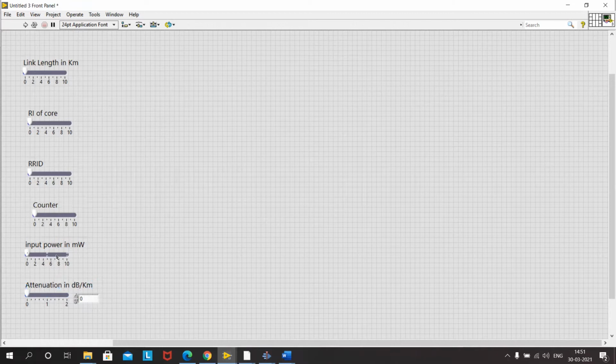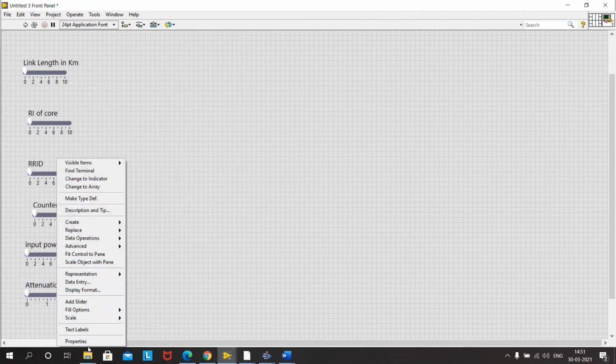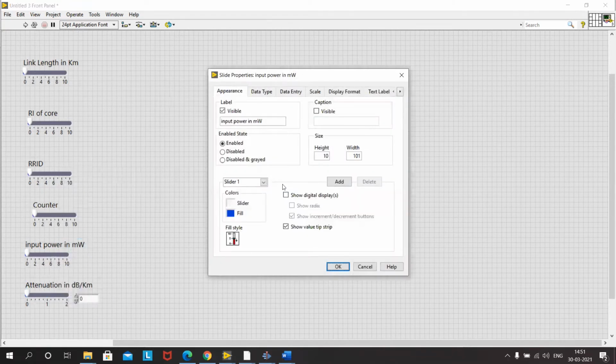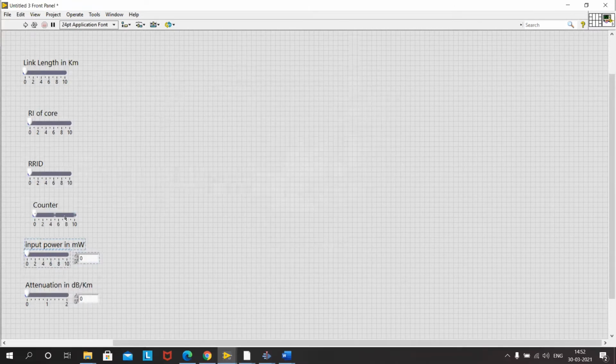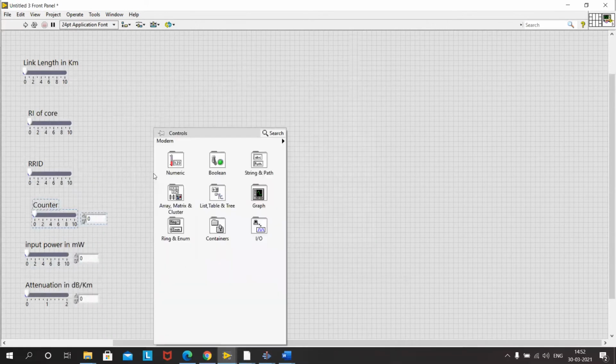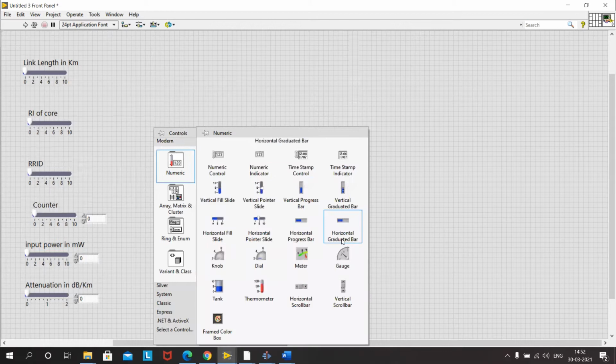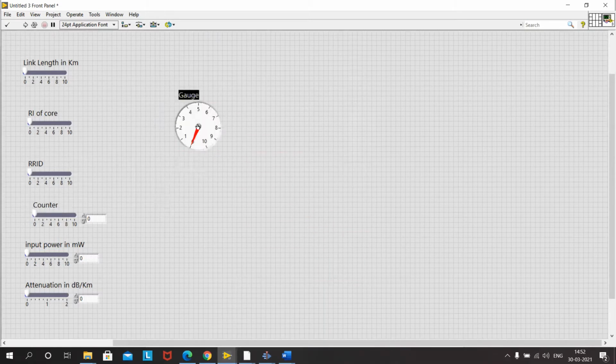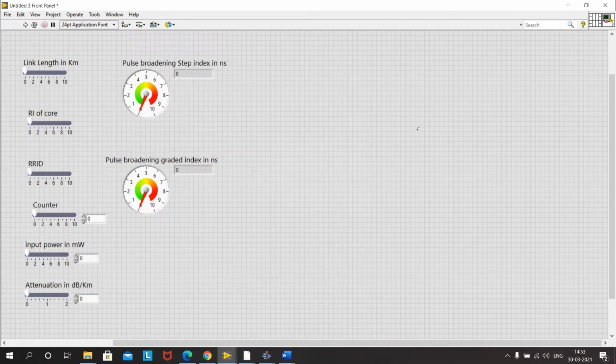We'll again go to the properties and make the digital display for all the values for the convenience of setting the values. Now to see the output, pulse broadening in step index and graded index fiber, we'll be selecting the gauge. Similarly,